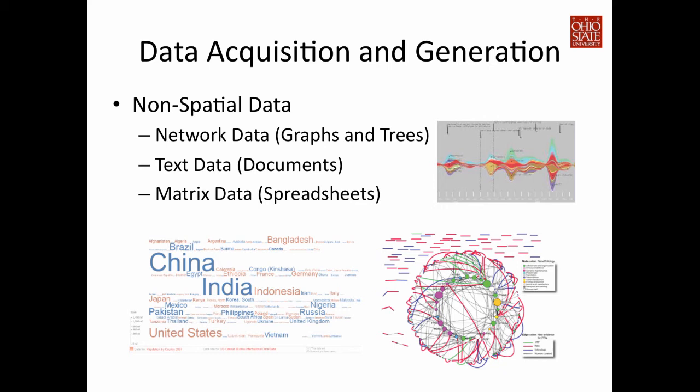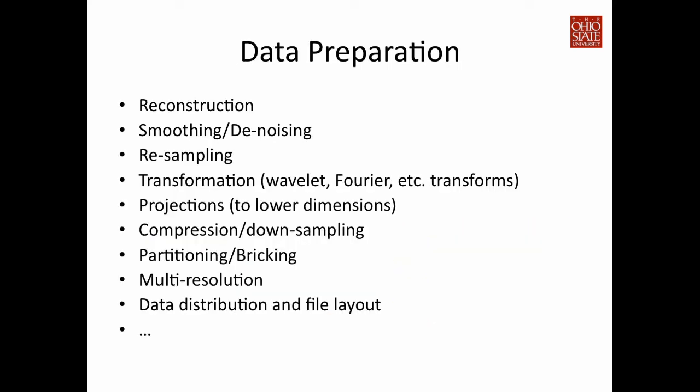Now, the type of data preparation needed strongly depends on the application. If the input raw data are represented as a sequence of basis functions, then we may need to perform some reconstruction to get data at the desired resolution. Also, sometimes the input data are noisy, so we need to perform denoising before visualization of good quality can be produced. There are also other types of preparation which may be needed, for example, resampling to a high resolution,